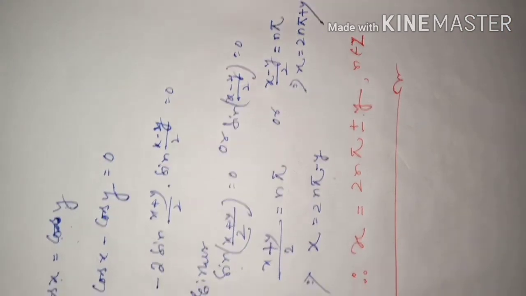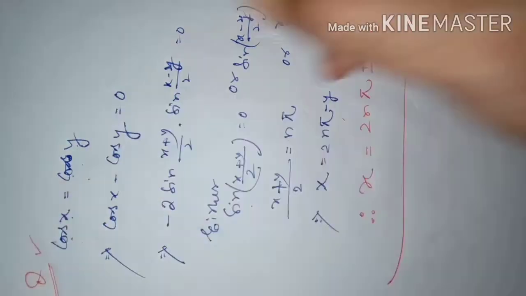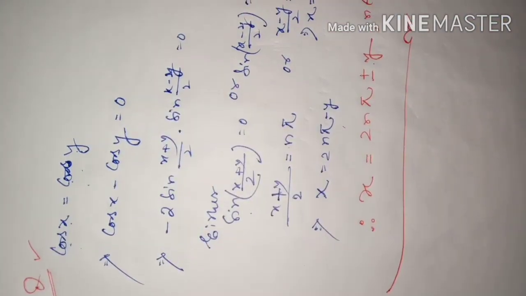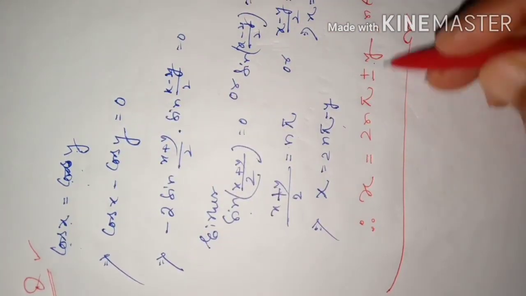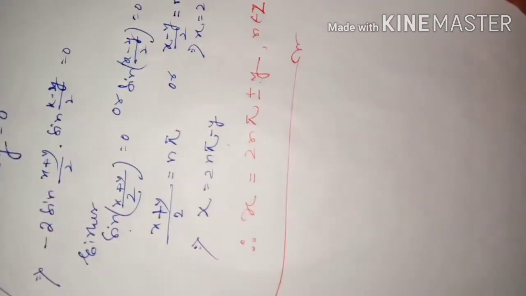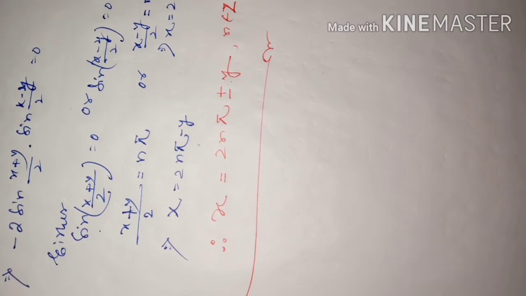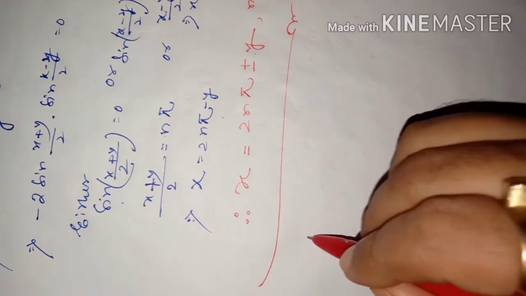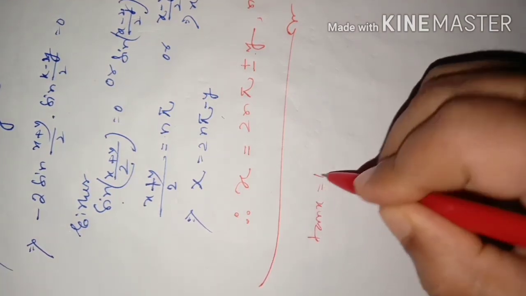So when a problem is given this way, this is a second situation, then we will write this directly as the general solution. Okay, dear students, suppose another situation is given to you. Third situation, you think like this: tan x equal to tan y,